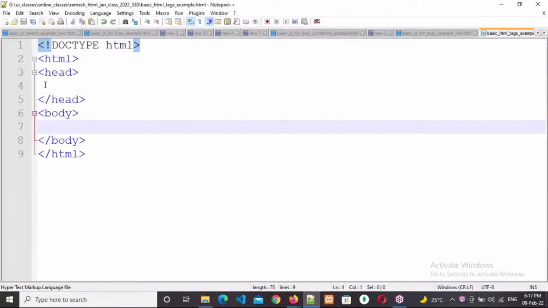So what you are seeing in the title bar is the address only. But if you observe here, what we are seeing is Andhra University. By seeing this, we can understand this is the Google search results related to Andhra University. By seeing this, we can understand this is the basic HTML. But by seeing this, what can we understand? Nothing. But if you write here in the title tag,